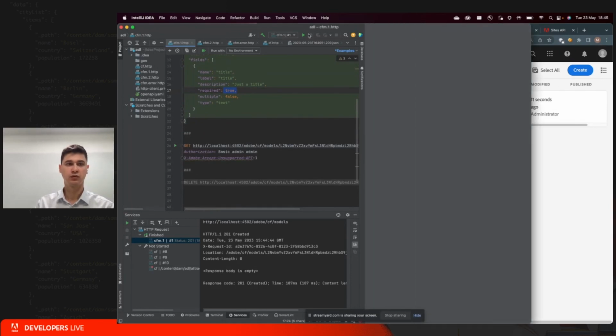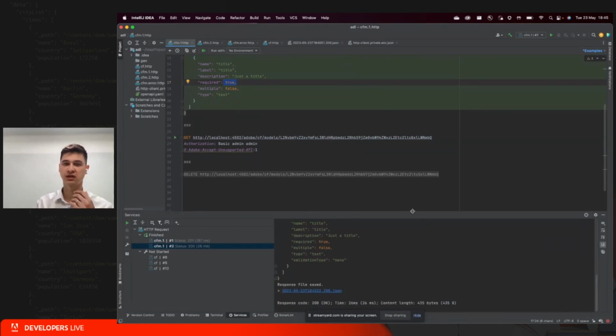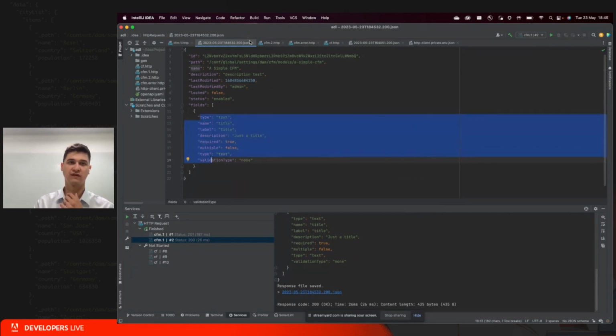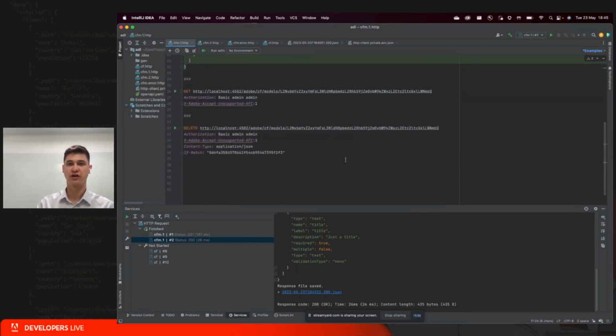Now, if we move to the next request, you can do the same thing that I showed in the browser. You can just run a GET request, and you have all the information here. You can see that it has the name, it was last created by me, and it has the structure that we've provided with only one field. Of course, we can delete any content fragment model